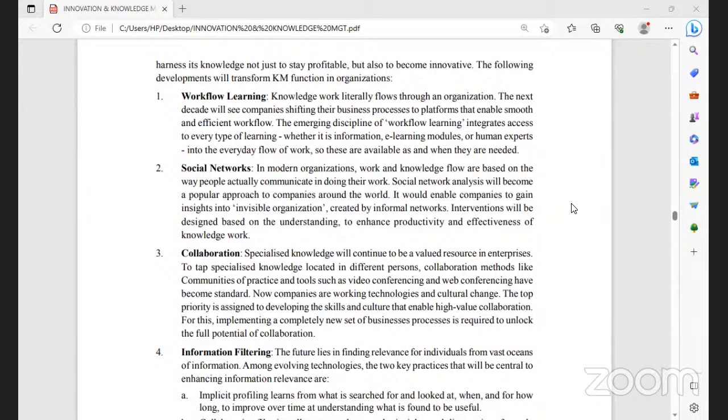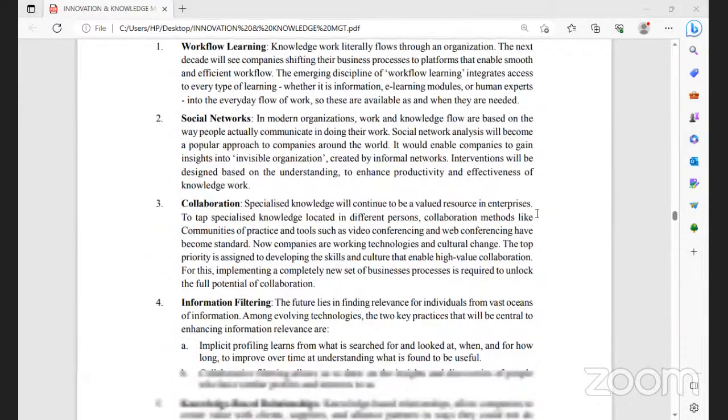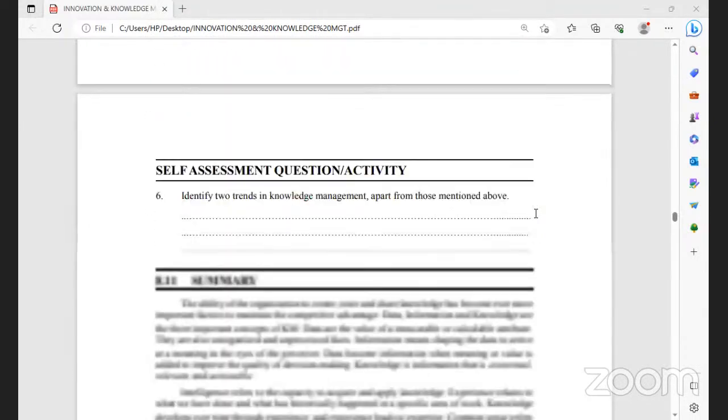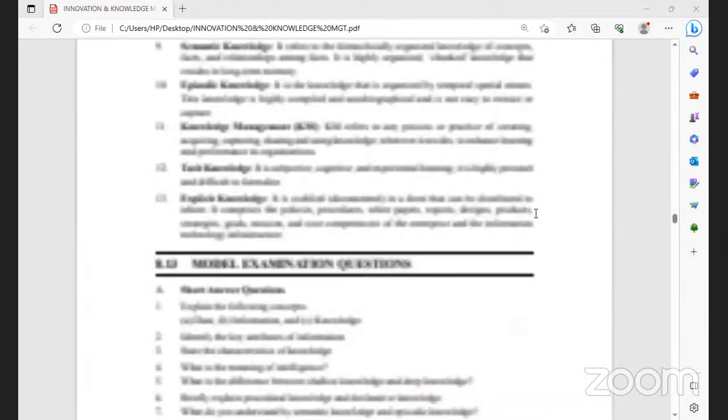Like this, in coming generations, the whole globe will become one village. Just as in one village we can communicate, we will communicate not only globally but universally in coming generations. Sitting here, we can get information about what is happening on the Moon and on Mars, and we can have communication in coming generations. Science and technology is moving towards the universe and other planets. That is the future trends relating to knowledge management, perspective and implementation.